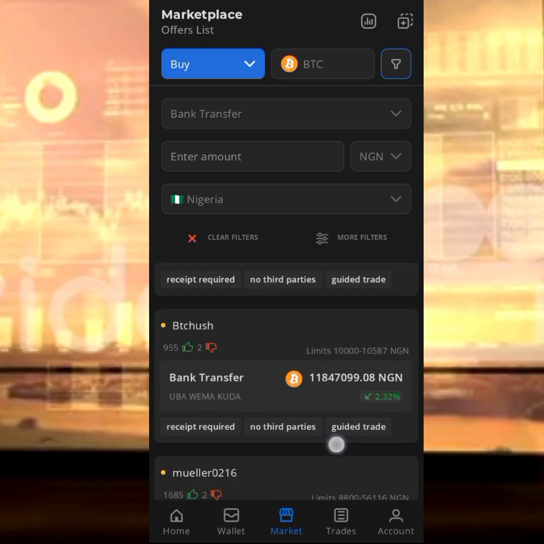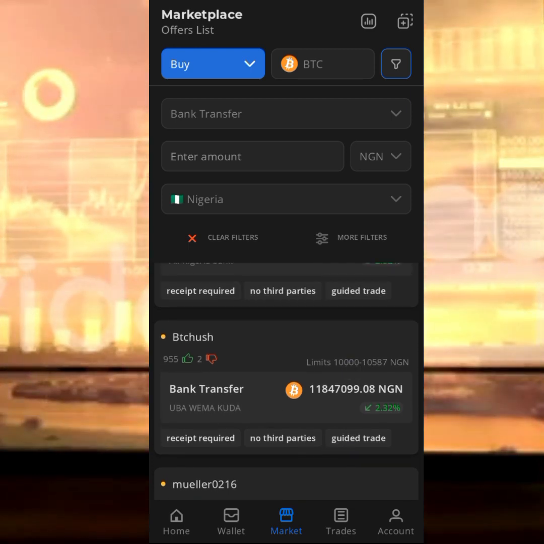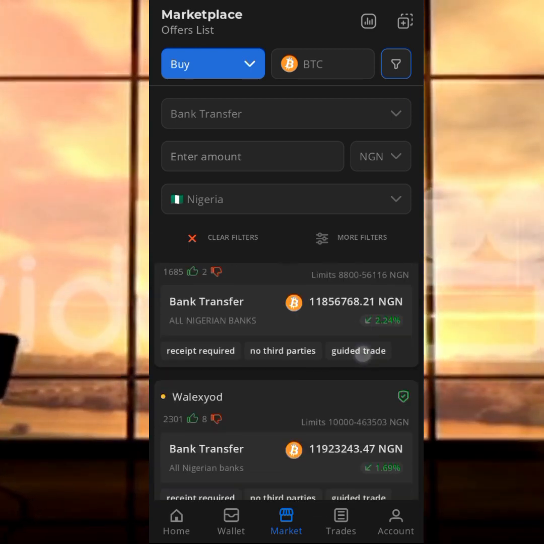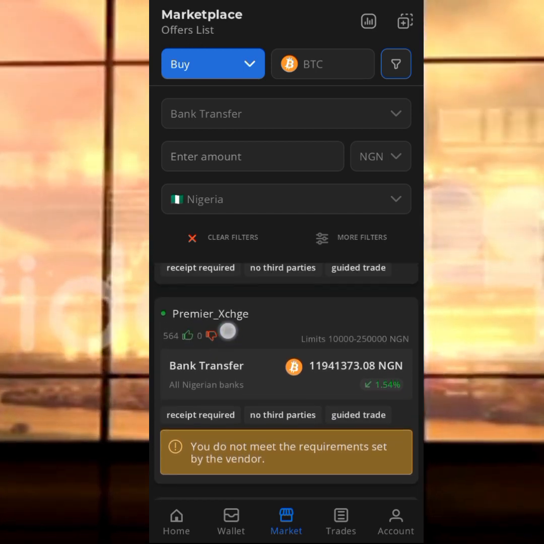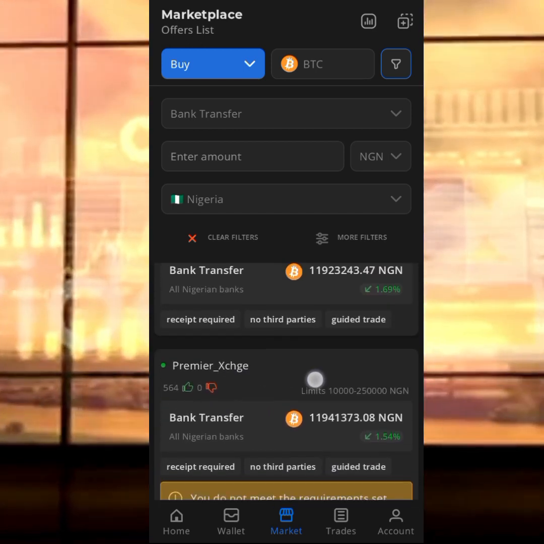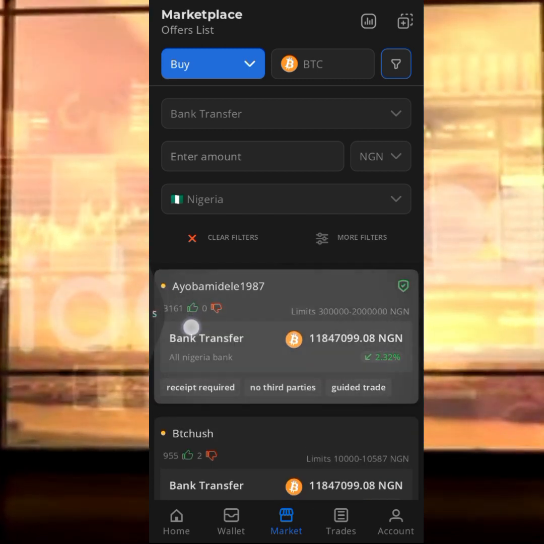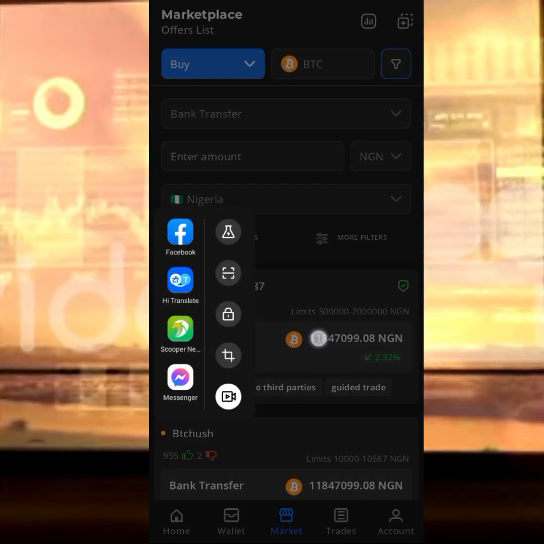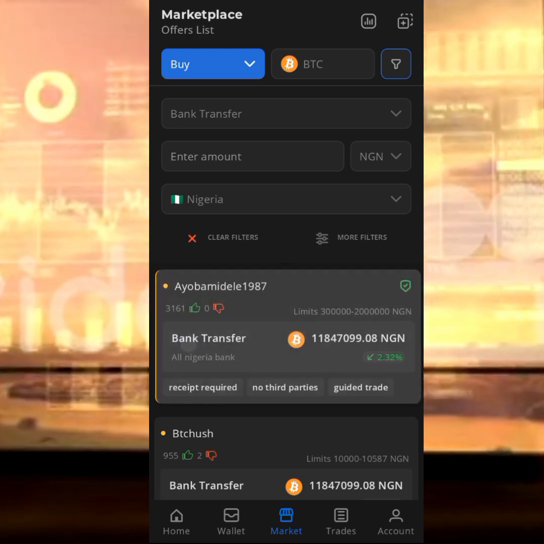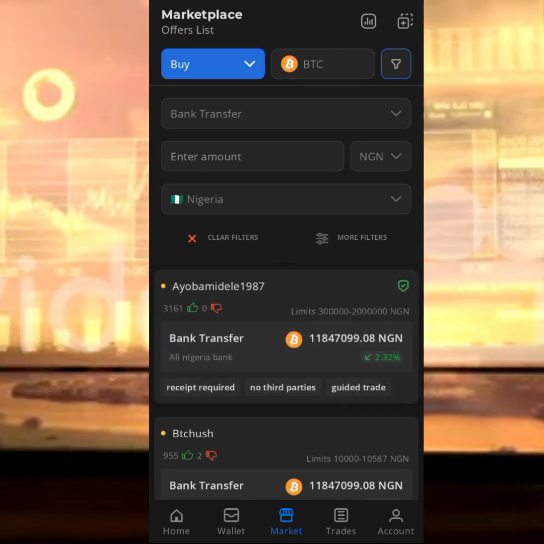Here is where I stop, so I'm going to pick this guy here, even though he's not online. I just want to check out something. Like this guy is online, you understand, this guy is online. But I want to pick this guy that has a better offer. Then you check their offering at the moment, you check their rating and all that. But I want to use this first guy, even though he's not online. It's just a practical video, so you understand. So let it load up and let me buy from him.